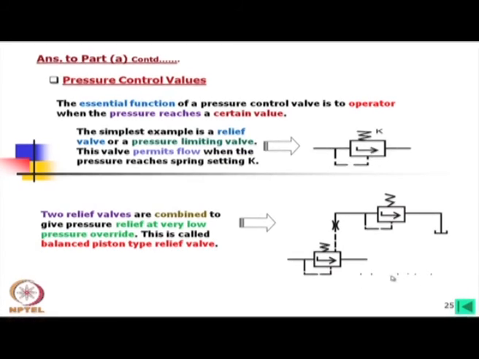In fact, if we look into the balanced piston type pressure relief valve, which we have already studied, there are two pressure relief valves, one is main and another is pilot. What we do is control the pilot valve, which is a direct operated pressure relief valve, in turn maintaining a very low pressure override. This means it balances the spool of the main valve to keep this pressure relief valve open for longer time and in stable condition. No chattering or very small chattering will be there.